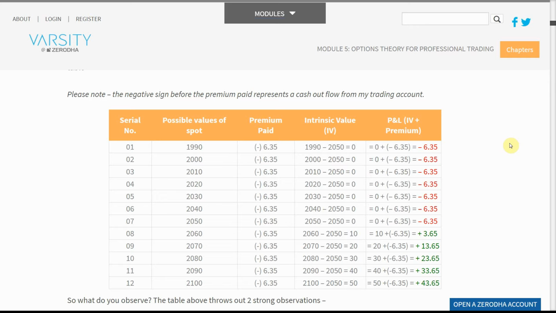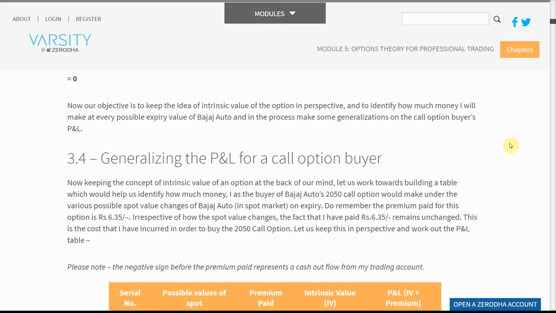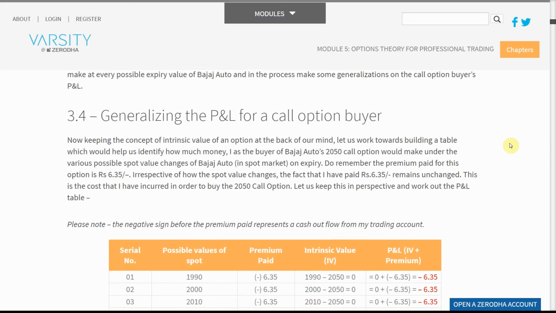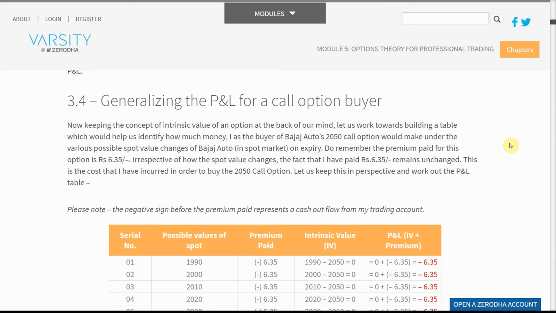01: 1990, 6.35, 1990 to 2050 equals 0, plus 6.35 equals 6.35. 02: 2000, 6.35, 2000 to 2050 equals 0, plus 6.35 equals 6.35. 03: 2010, 6.35, 2010 to 2050 equals 0, plus 6.35 equals 6.35. 04: 2020, 6.35, 2020 to 2050 equals 0, plus 6.35 equals 6.35. 05: 2030, 6.35, 2030 to 2050 equals 0, plus 6.35 equals 6.35. 06: 2040, 6.35, 2040 to 2050 equals 0, plus 6.35 equals 6.35. 07: 2050, 6.35, 2050 to 2050 equals 0, plus